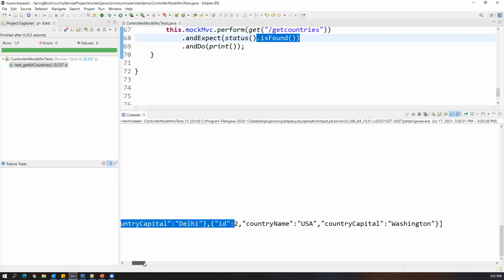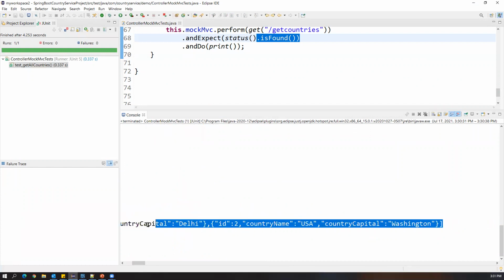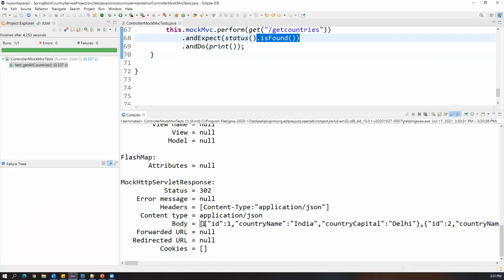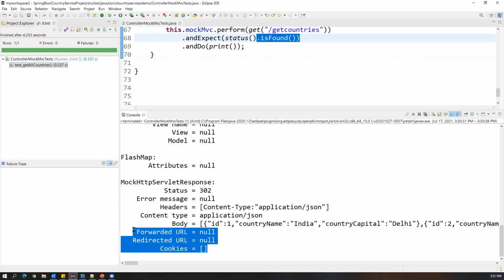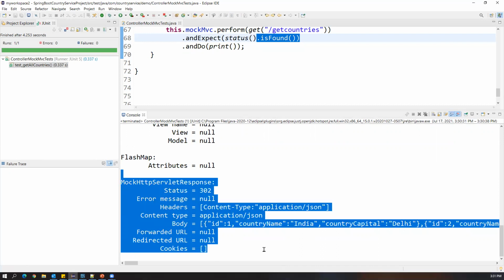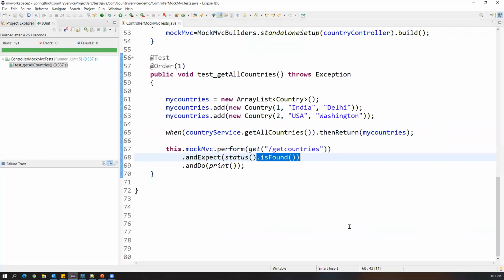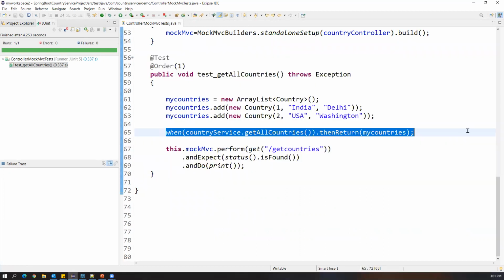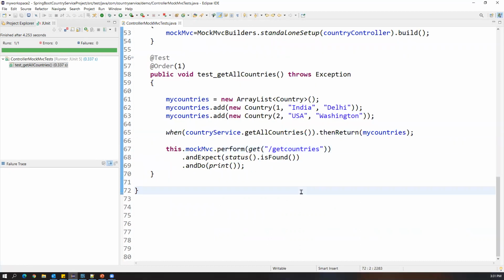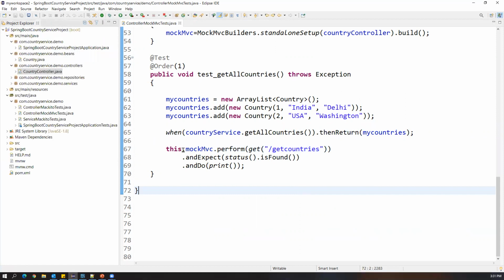Now we can just look here. This is the actual data which is written by this, in JSON format. And the other parameters are empty. Okay, so this is the response we got from the method. So this is how we need to write the unit test case by using the Mockito framework along with MockMvc. Okay, now let us try to write a few more test methods like this.